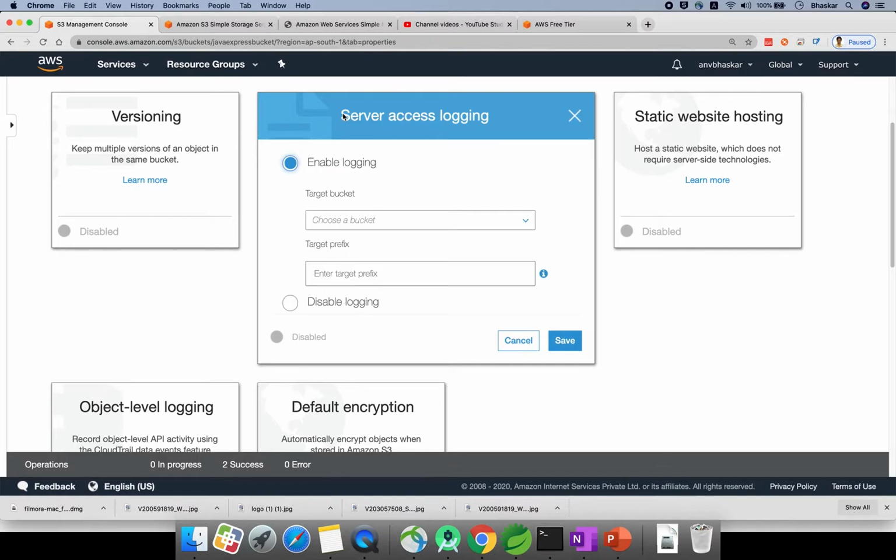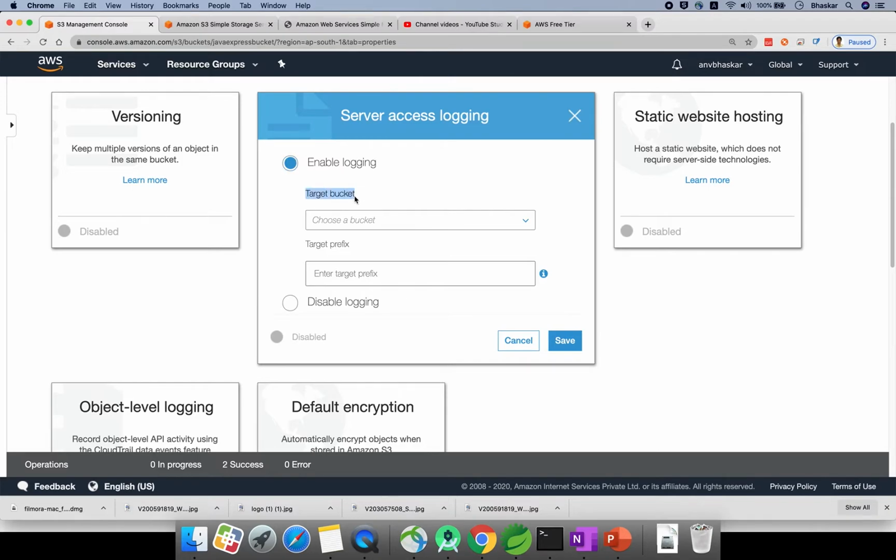So who is doing get requests, who is doing put requests. Suppose in your bucket a file is not available and someone is accessing it, they will get an exception like 404. Those types of logs will also be available in server access logging, if you enable this option. It is chargeable. Why? Because it needs to be retrieved from the server and given to you, so that's why it is chargeable. Even though we are not keeping it, I'm just explaining the concept of server access logging.